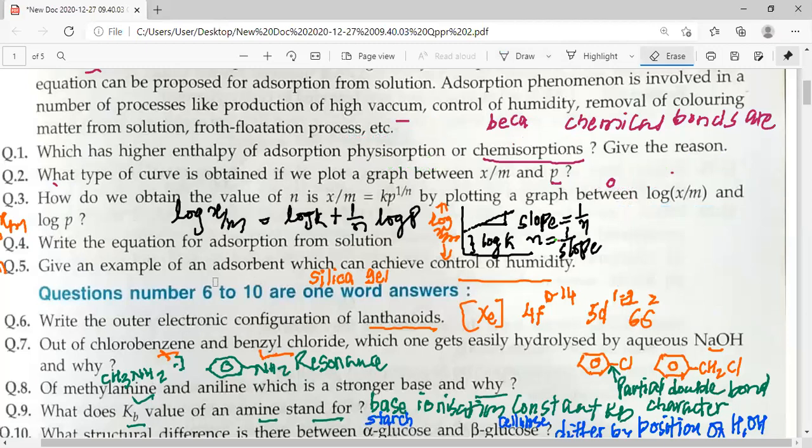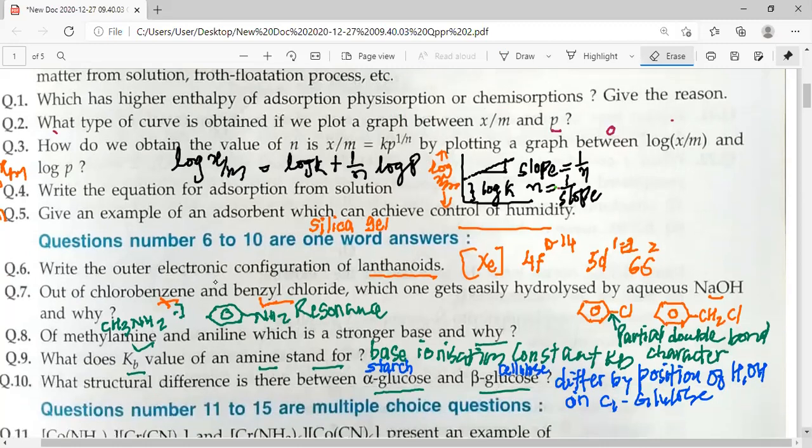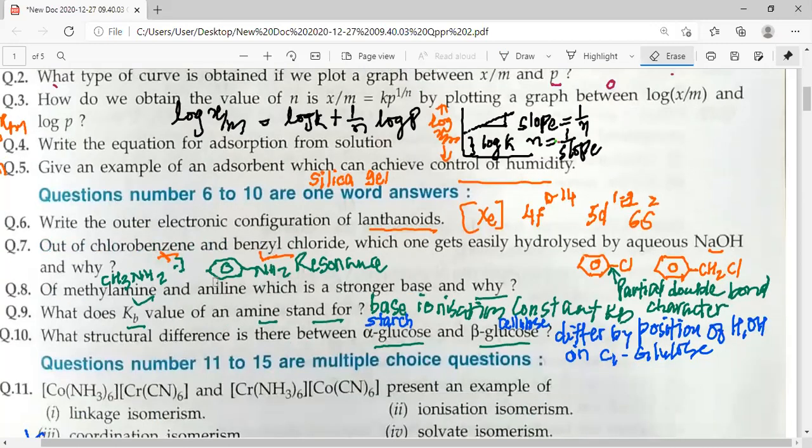Now let's move to the next question, my dear students. Now we have the next question, question number 3, that asks: